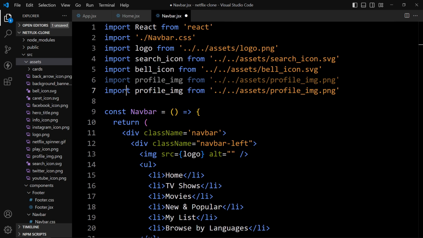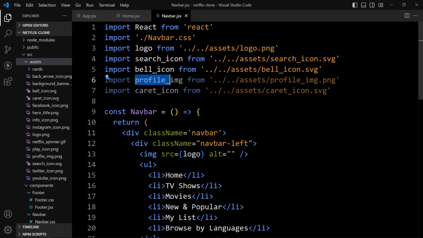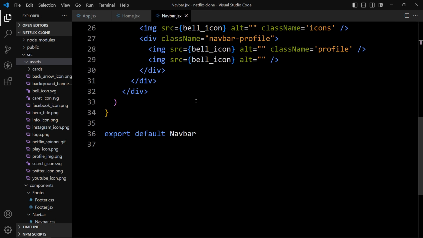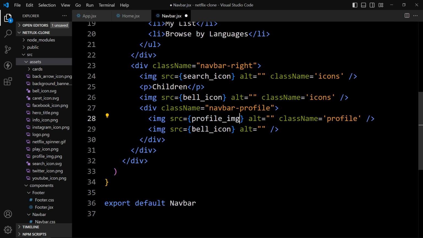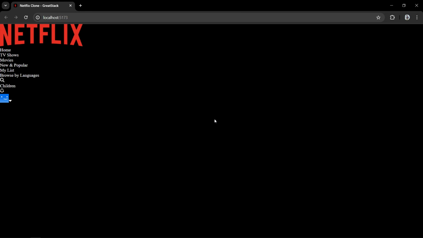So we'll use that file name here. Now we'll link these images with the img tag. That's it. After adding this, we will come back to the web page, and here you can see we have the logo, menu links, then we have the search icon, then text, then bell icon, then user profile icon, and this drop down icon. Next we will provide the CSS for this element.